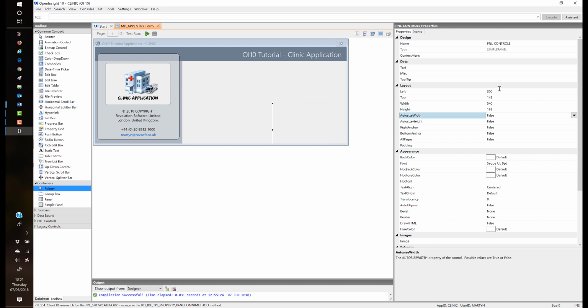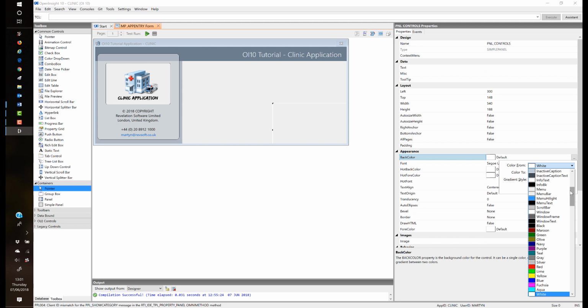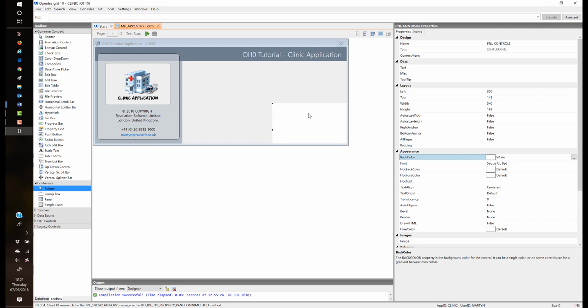We'll see how that one looks in a moment. The back color for this one I want to be white, so that one there, and we don't want a gradient on it, so we'll click OK,